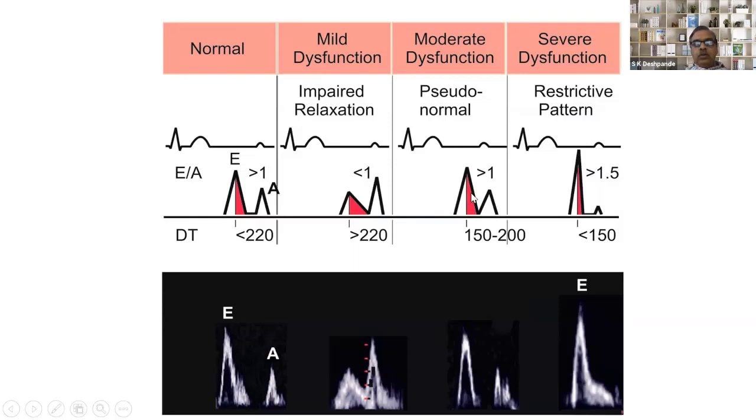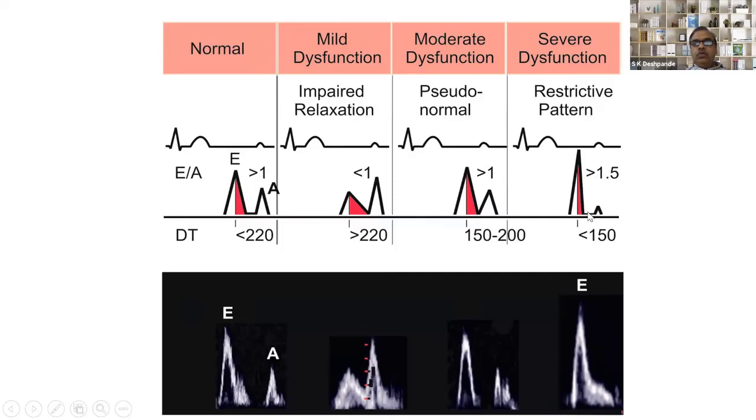In pseudo-normal, when the disease is quite advanced, where the atrial pressure is also high and the ventricular pressure also, the ventricles have become very stiff. In that case, even if the atrium does its best, it still cannot empty into the left ventricle. So it gives a feeling that the E/A ratio looks normal, but it is not normal, which is then confirmed by other means, called the deceleration time. That is the E wave deceleration velocity, and that is measured.